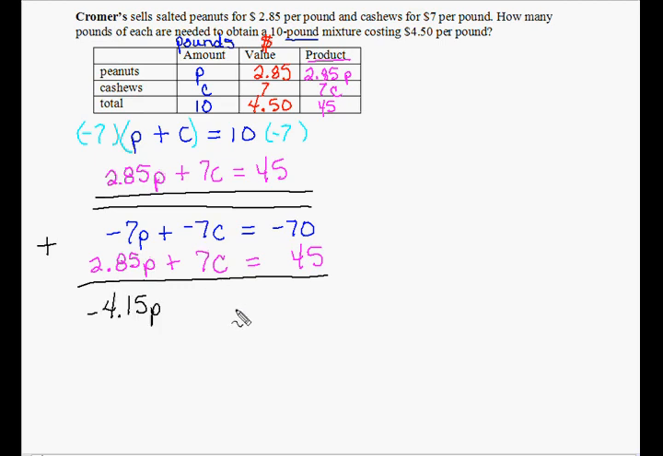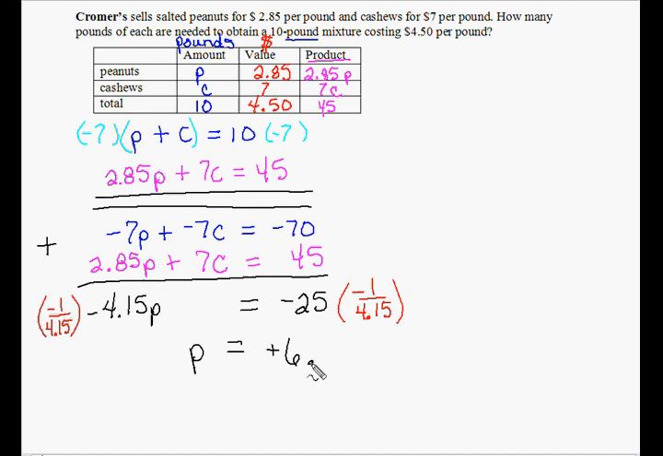-7P plus 2.85P is -4.15P. Adding the C's together, that goes away, and adding the constants together, we get -25. So if I want to solve for P, I need to get P alone. I'm going to multiply both sides of the equation by the reciprocal. And then I would have P is equal to